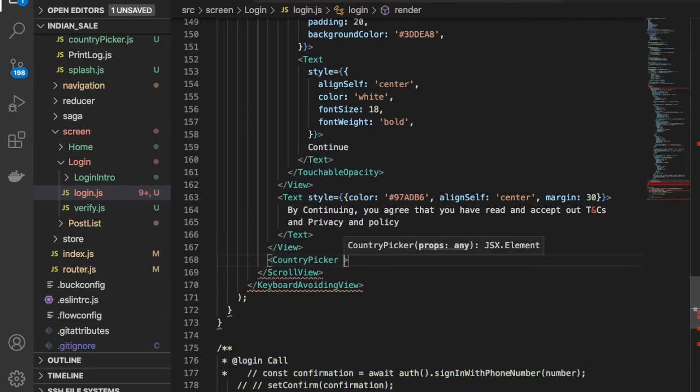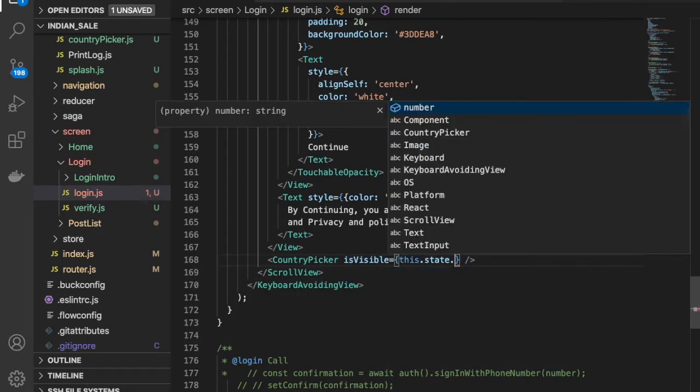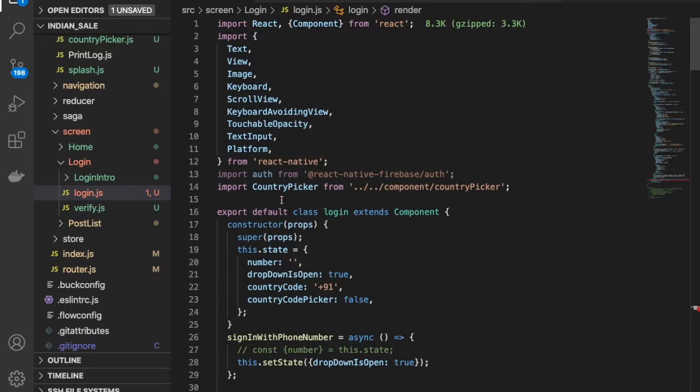So let's say this is the component, and is visible, this is the prop, this dot state dot, we have, what was that state, this is the country code picker.